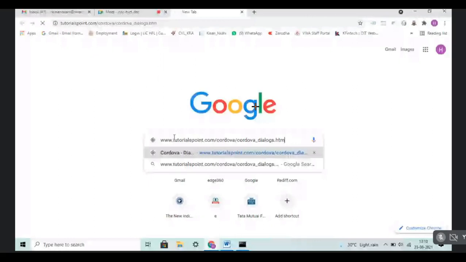Okay, so look at the screen. This is your Cordova site. It has given the meaning of Cordova here, which I already told you. Read this one, and then come to the overview. Here are the definitions of Cordova. Should we remember these definitions? And these are the features, advantages, and limitations. Okay.